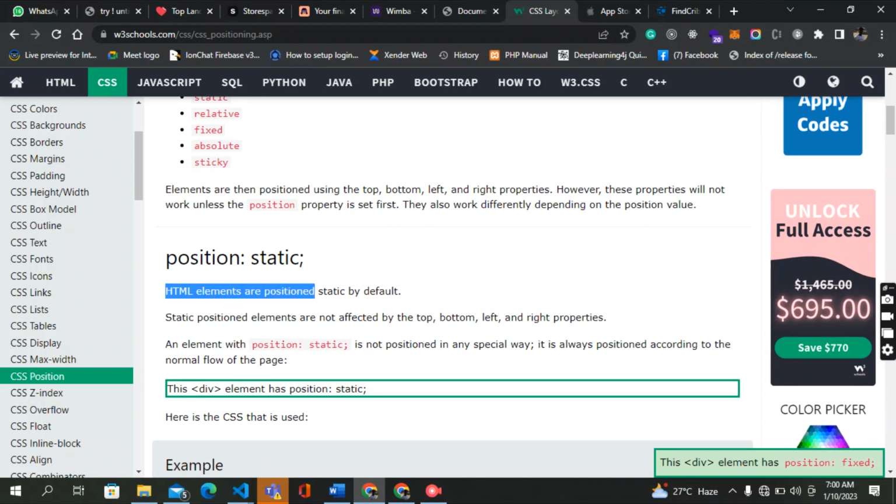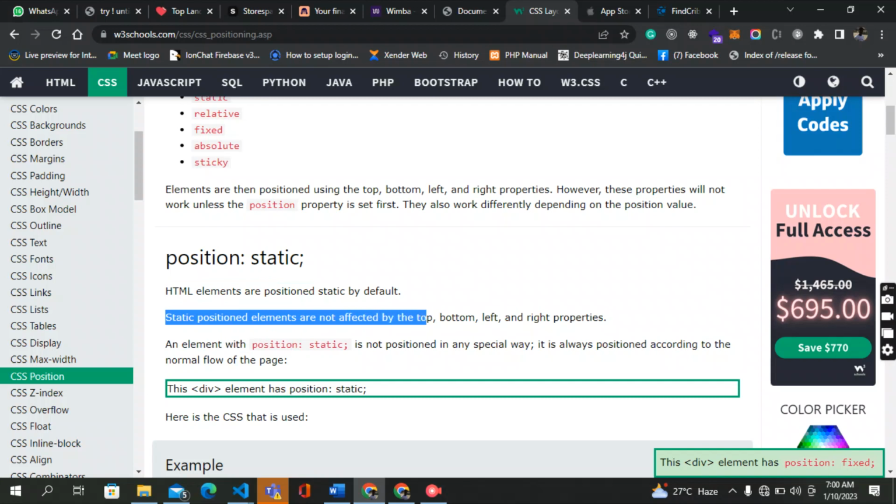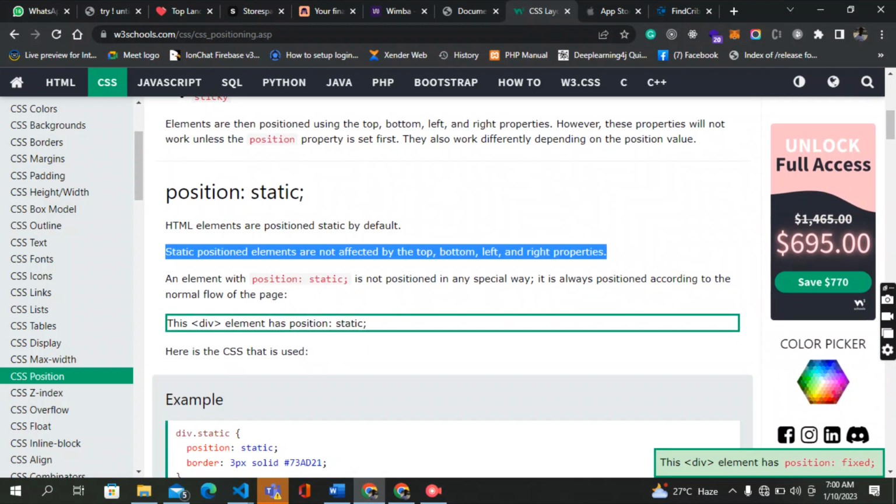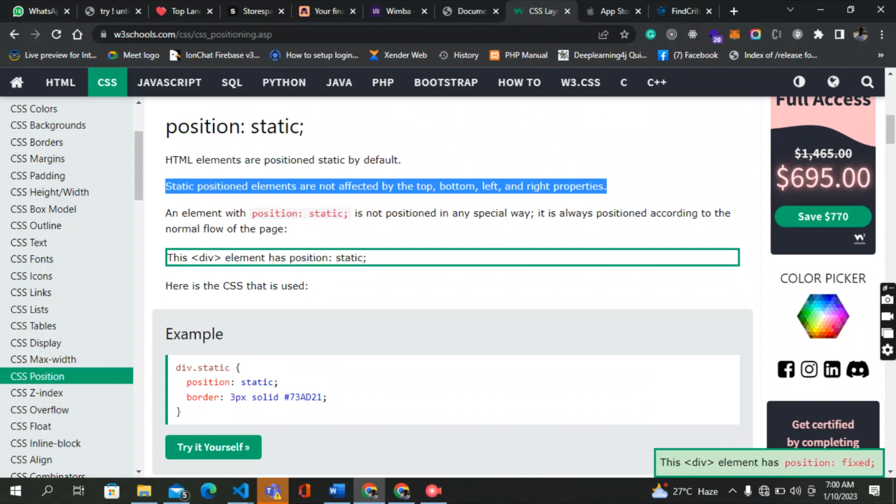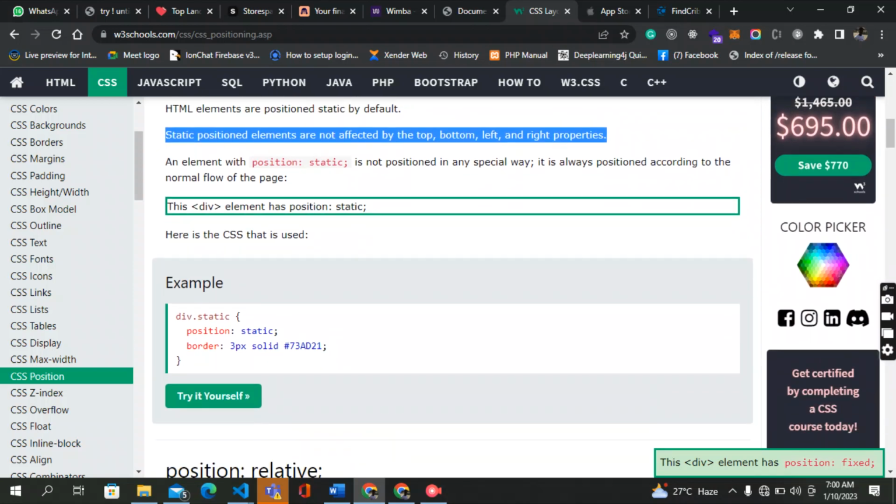According to this definition here, static position elements are not affected by top, bottom, left, and right properties. That means wherever the element is, you cannot shift it away from where it is or move it away from wherever it is. So that being said,